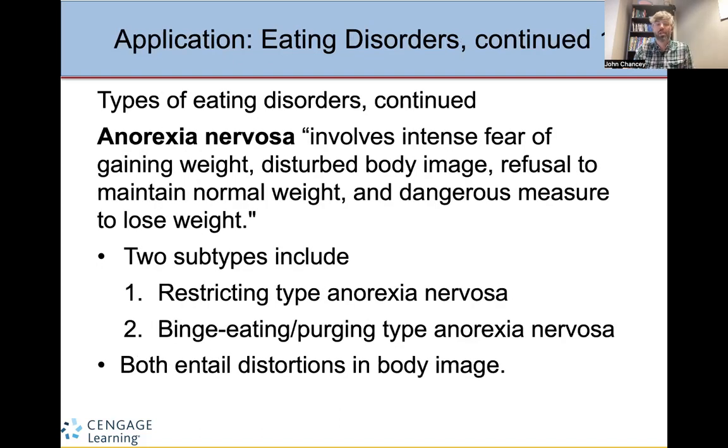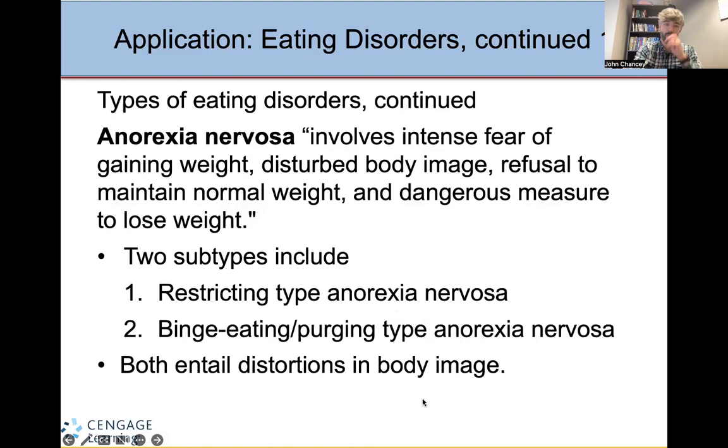Anorexia nervosa can actually kill you. I mean, no joke. This is where an individual has a very intense fear of gaining weight combined with a distorted body image, and also not recognizing that, like, I am underweight, and I'm doing things to continue to lose weight. You might have the restricting type where they might withhold calories. They're just simply not eating enough. And you also have the binge eating purging type where they might actually be eating a lot and then forcing the food out of their body.